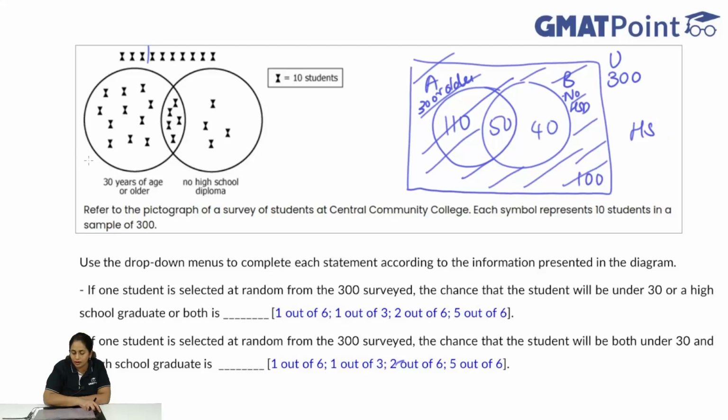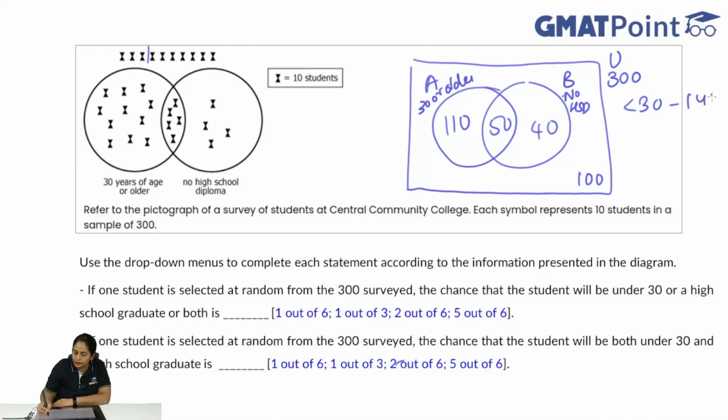I'll just remove the shading so it will be easier to read and I'll write it again. So under 30 is 140 people and high school diploma is 210 people. Now the question asked based on this Venn diagram is, using the drop down menus to complete each statement according to the information presented in the diagram, if one student is selected at random from the 300 surveyed,